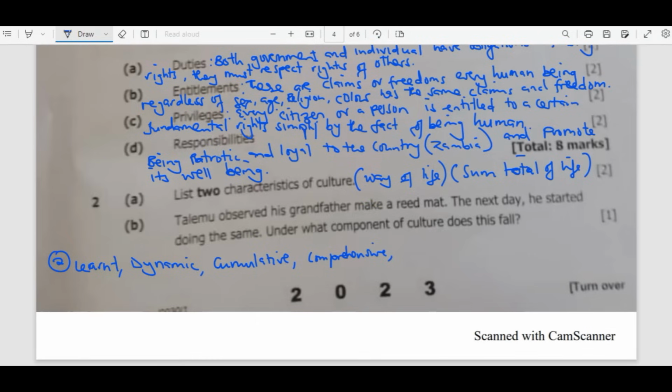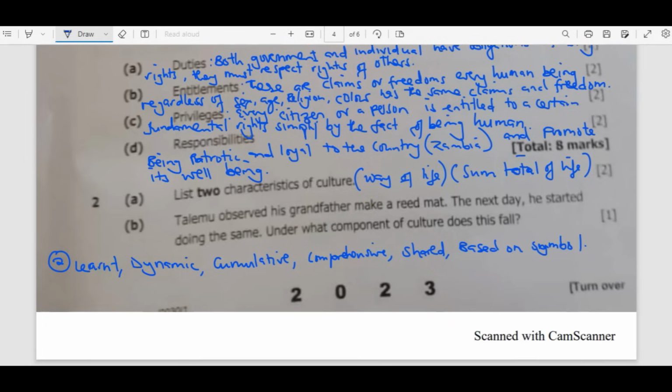And then apart from comprehensive, we have culture is also shared. And then apart from that, culture is based on symbols. So meaning that they wanted only 2 answers. So from these 6 points, you can just write 2 because they wanted us to find 2. And then the other question is,